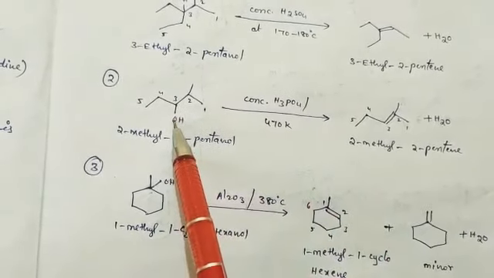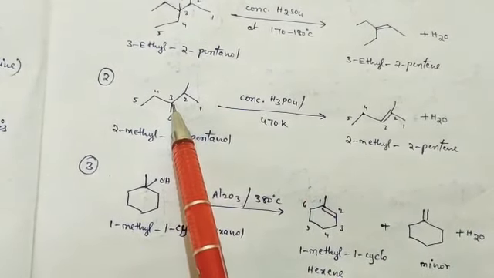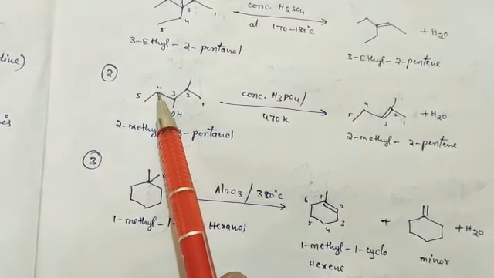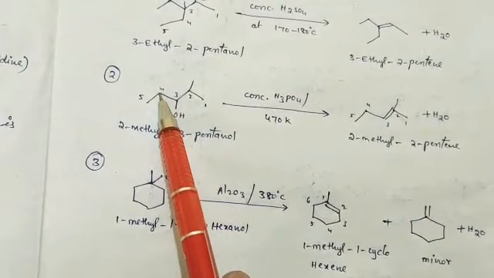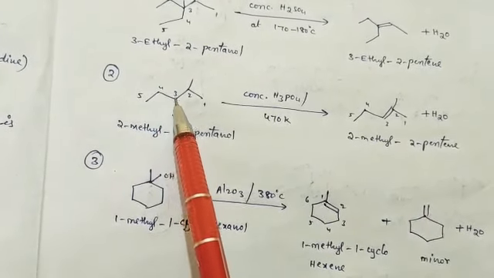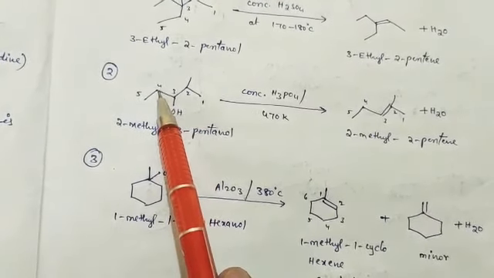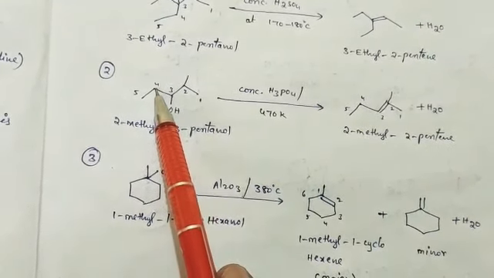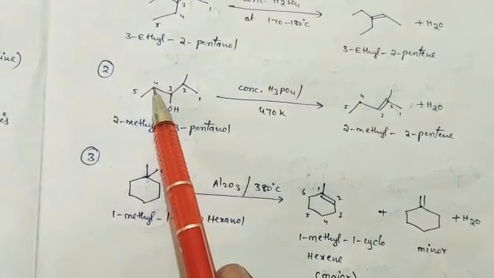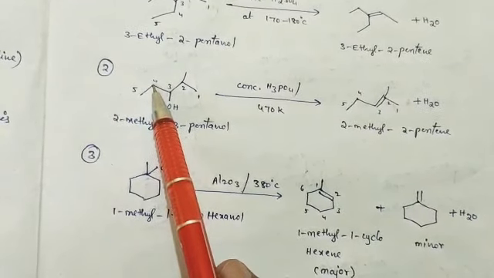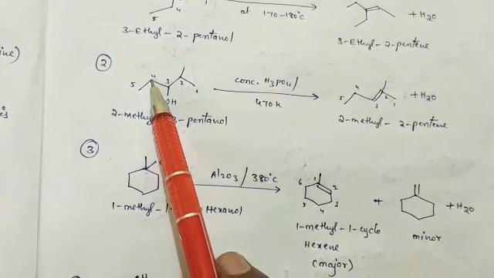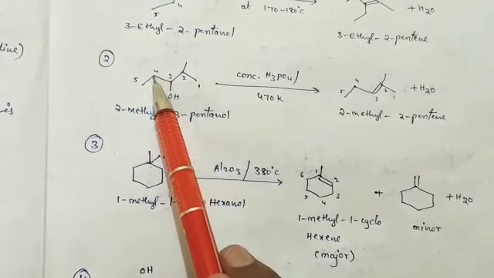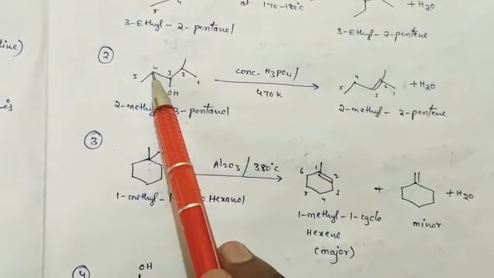So OH is there, that is a leaving group from the third carbon. So the hydrogen is eliminated from the second carbon or the fourth carbon. If you look at the fourth carbon, it contains CH2. Why? Because the fourth carbon has a single bond, so it has 2 hydrogens. With 2 hydrogens it is a primary carbon. So if hydrogen is eliminated from the fourth carbon, it gives a minor product.